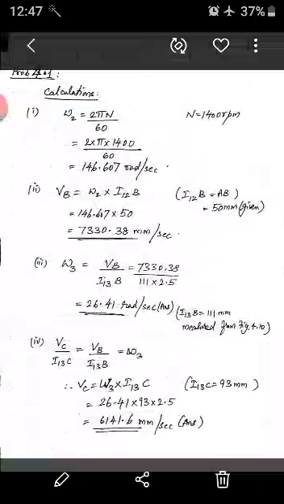Original dimension I12B is 50 mm. In my figure, if you measure, it will not be 50 mm. It will be 20 mm. I have drawn to the scale 1 is to 2.5, which means it is reduced by 2.5. Every time the dimensions are multiplied by 2.5. So 50 mm is the original dimension. Next come to the third formula. Omega 3 is equal to Vb divided by I13B. B point is also on link 3. So you are allowed to write this formula. Vb divided by I13B, so you got the answer 26.41 radian per second.